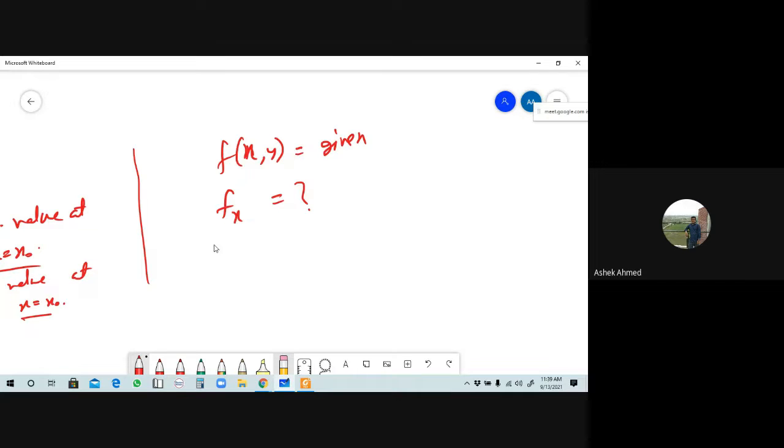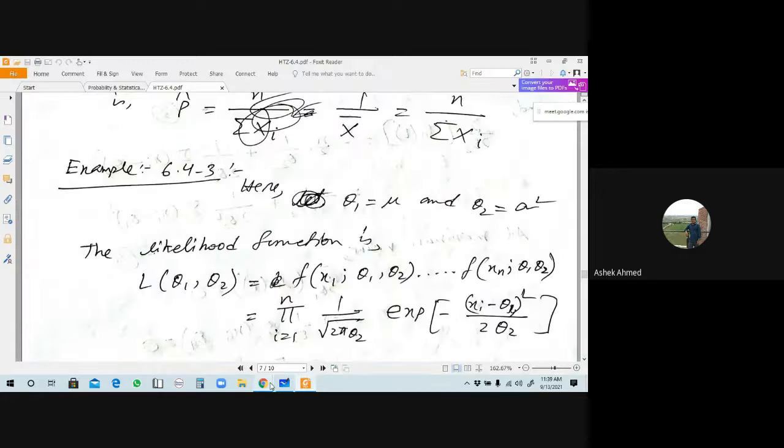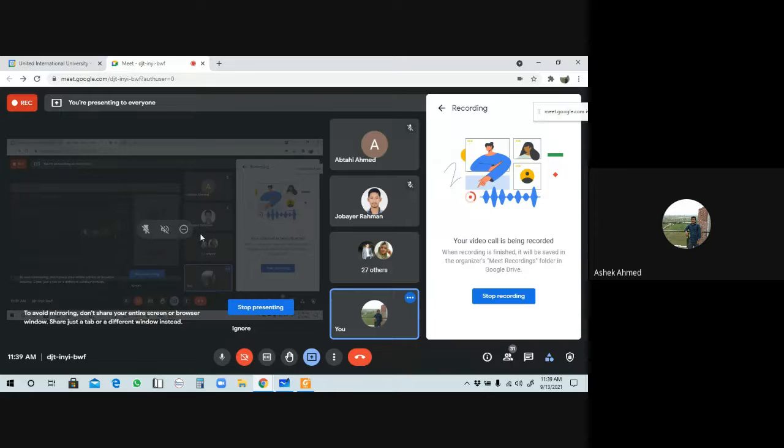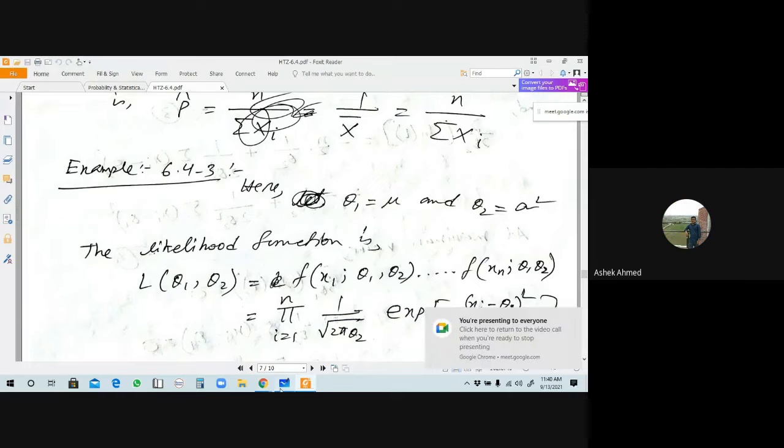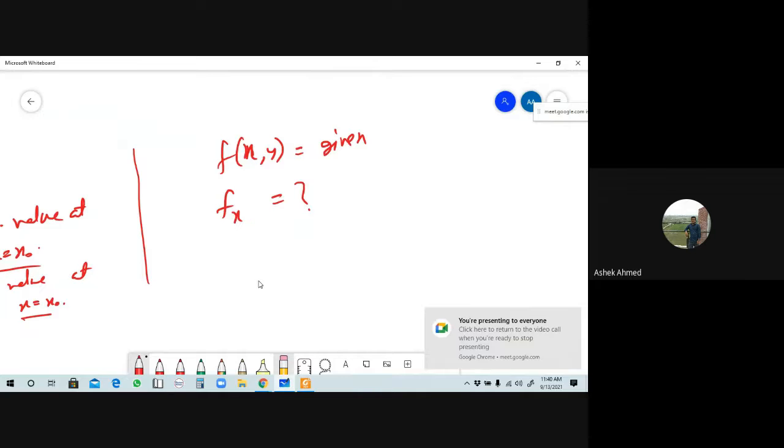Abdul Rahman, what do you mean by f suffix x? Sir, I don't remember. This represents the partial derivative with respect to x. Understand? Suffix notation is used when this represents a partial derivative. Okay. Tell me what do you mean by f suffix y? This will also be a partial derivative. After finding the partial derivative with respect to x and with respect to y,